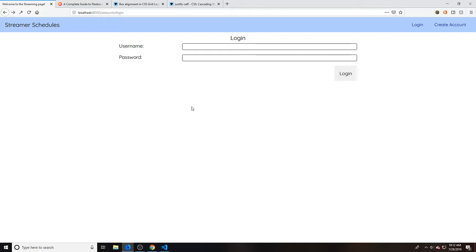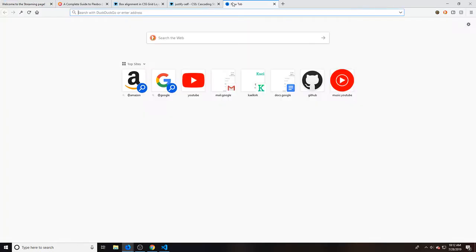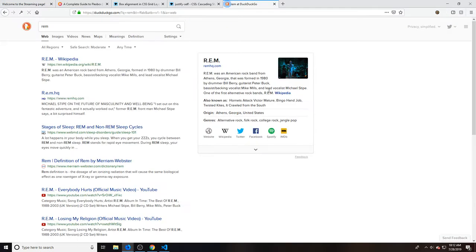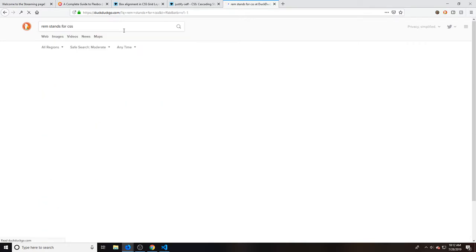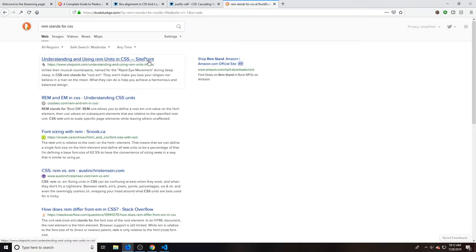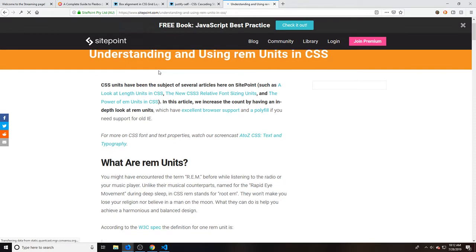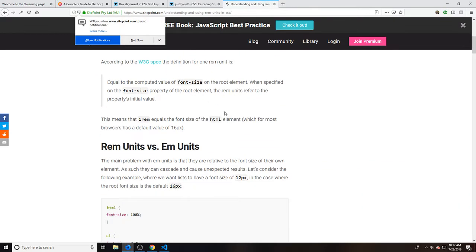Okay. Yeah. And CJ Crew, I thought that too. You read that too? Kali was suggesting that it's relative em, but now I have to look it up. So MDN rem. Let's see. Understanding rem. Oh, it is root em.